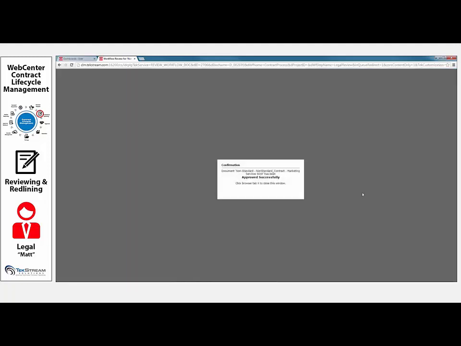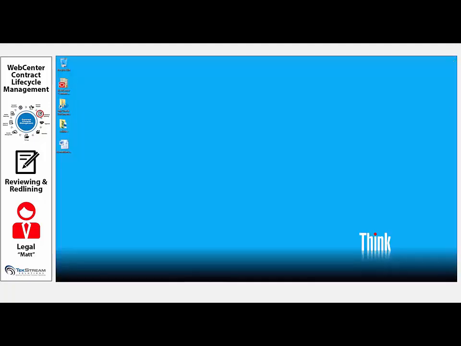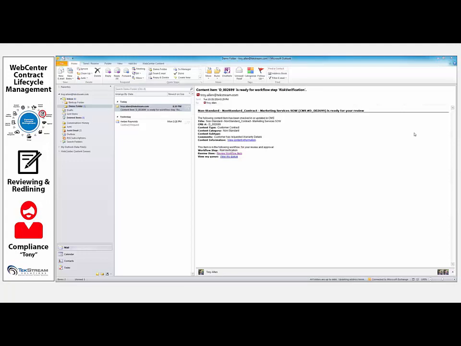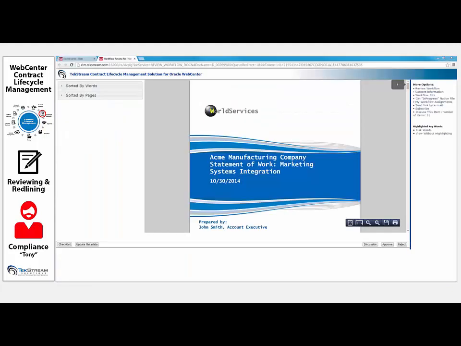And Tony is that risk officer who is going to see that he has an email notification, and he can either click on the link here or log directly into the repository in order to get to that workflow user interface where he can then start making some decisions. So Tony's clicked on the link, the UI has opened up for him, and he notices that there is